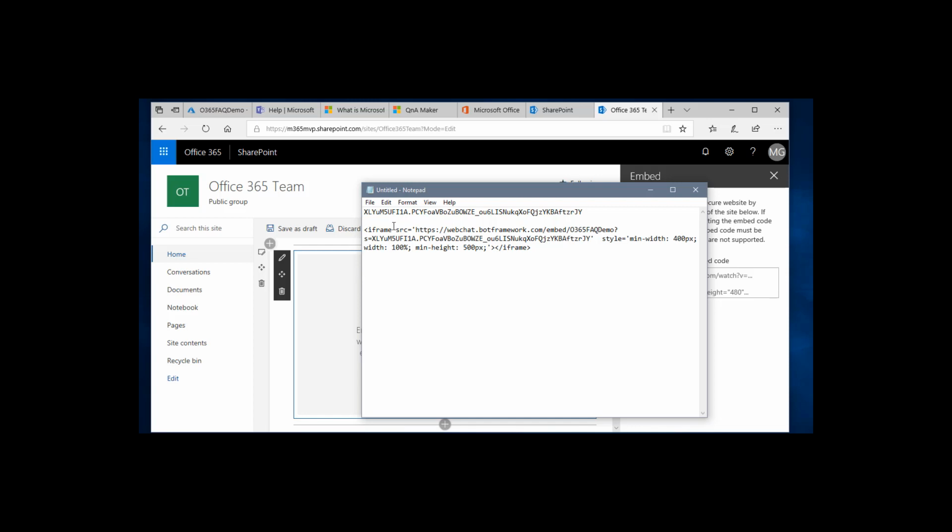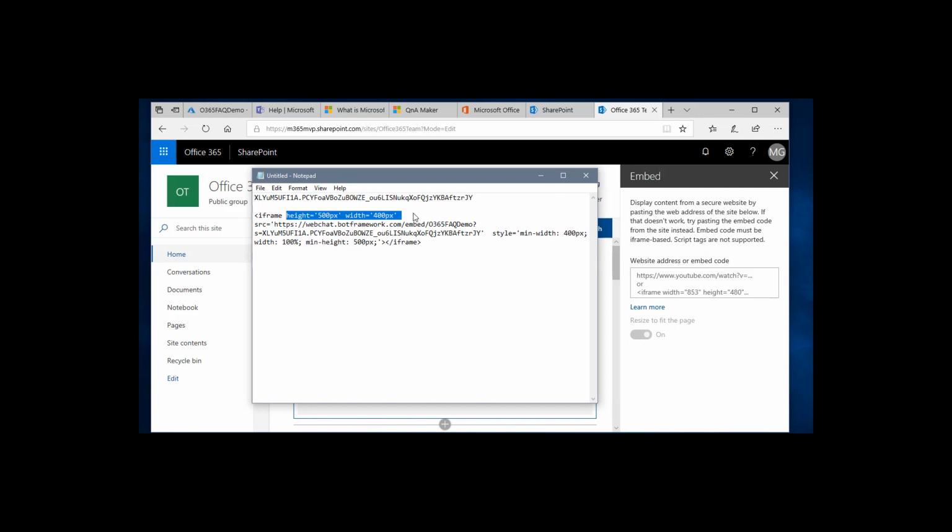going back and forth is that the iframe embed code is not quite correct. You need the height and width added outside of your style tag. So if you look there, iframe width and height, that was missing from my embed code. I hope that within the Azure service and within the chatbot they fix that iframe, because that can be really hard and difficult to learn, and that's the only way the iframe code will work. But now that you're watching this video, you've learned that, hey, go ahead and add the height and width,